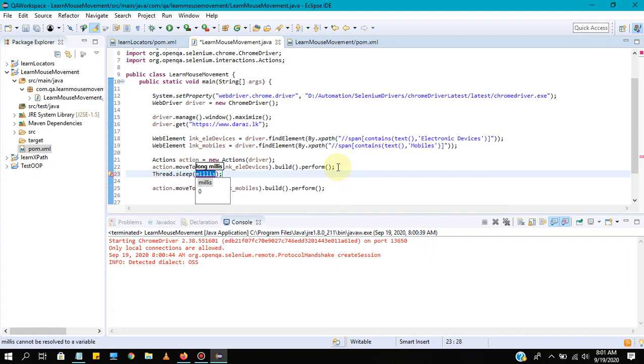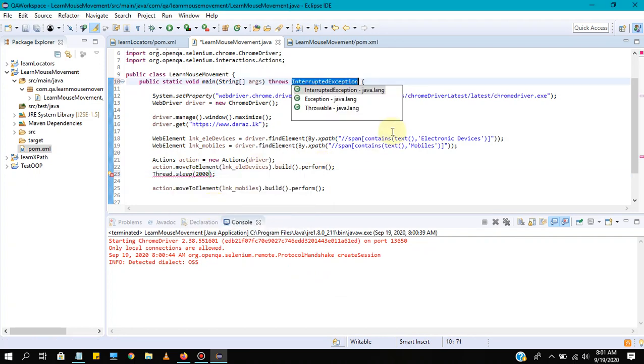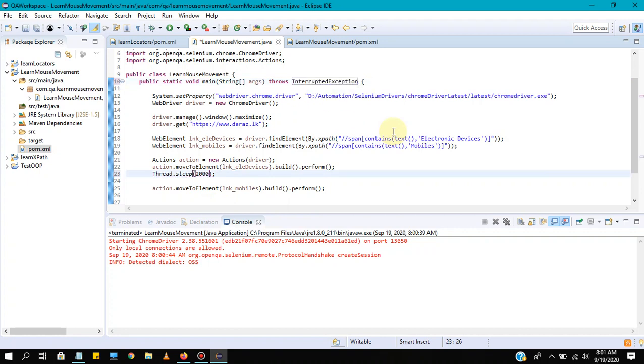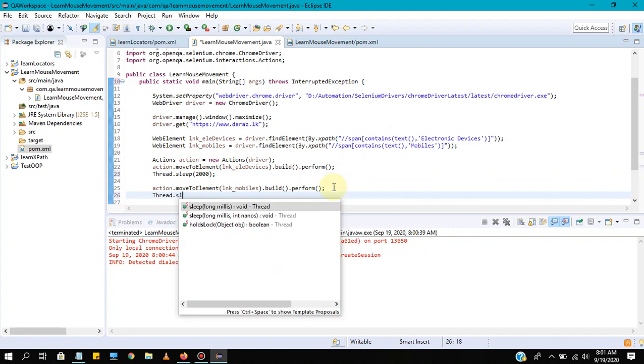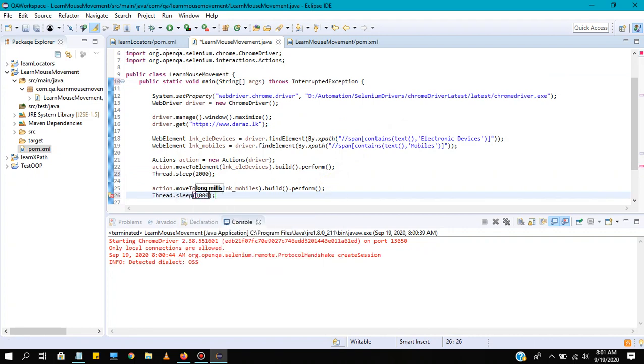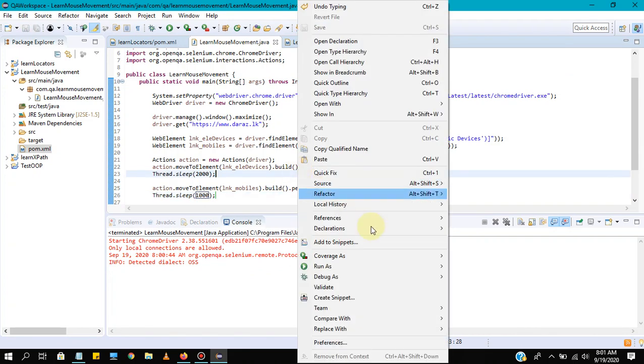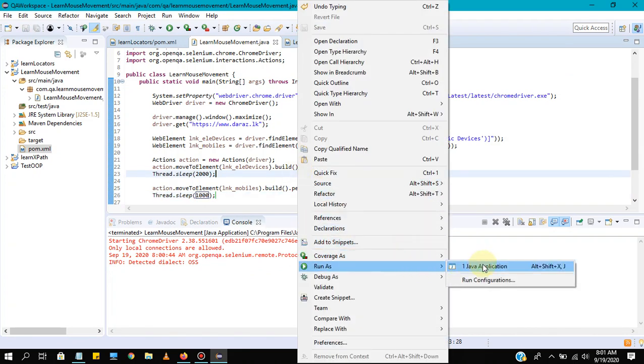Let's add around 2000 milliseconds. It throws a declaration, here as well. Now let's run this and see what will happen.